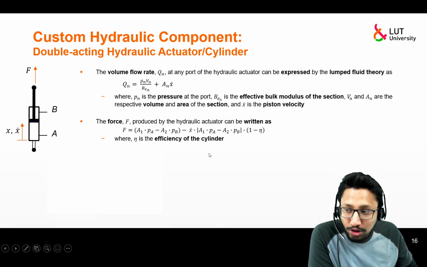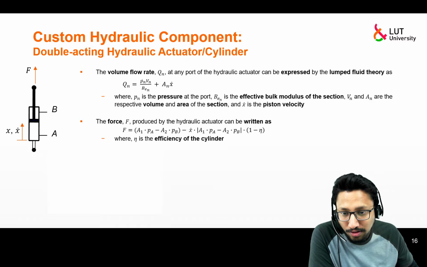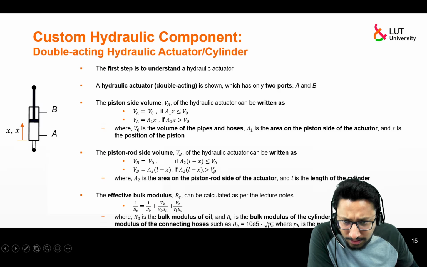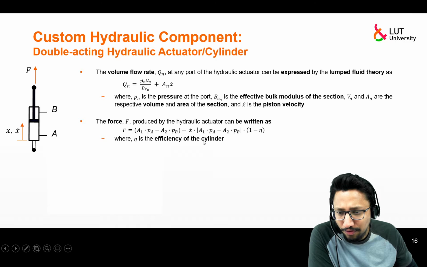Okay, so once you have done that, well and good, you have understood all the equations carefully. So if you see all these equations, what are the parameters that we require? V naught, A1, A2, then the bulk modulus B naught or BH, BC. These are the parameters you can figure out, right?